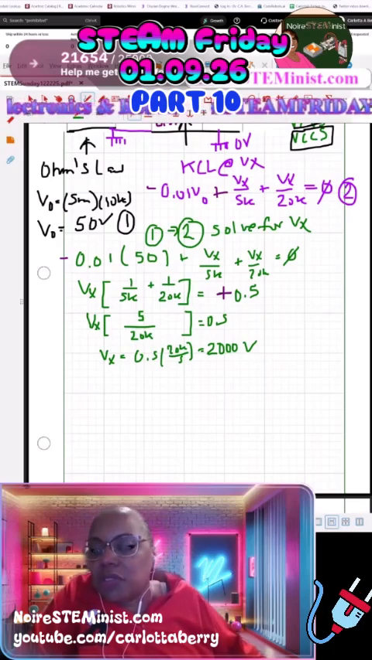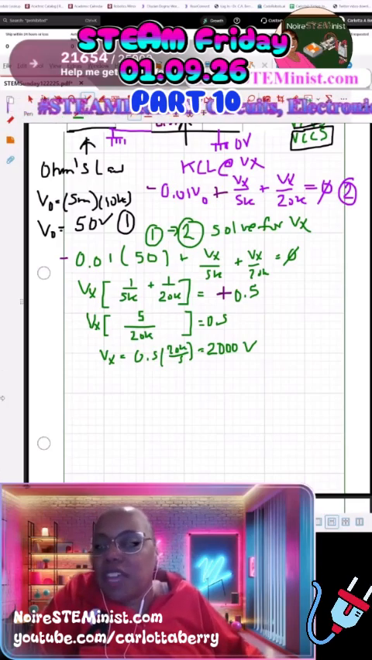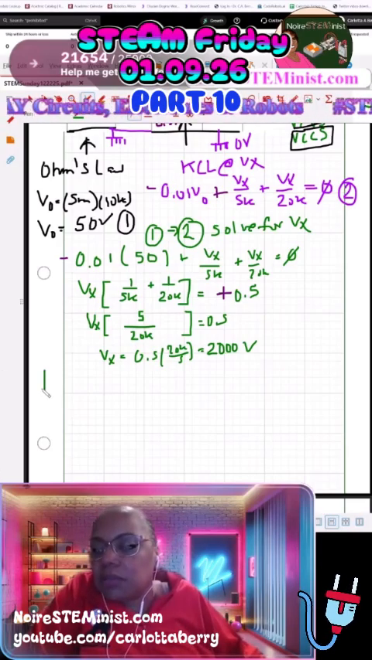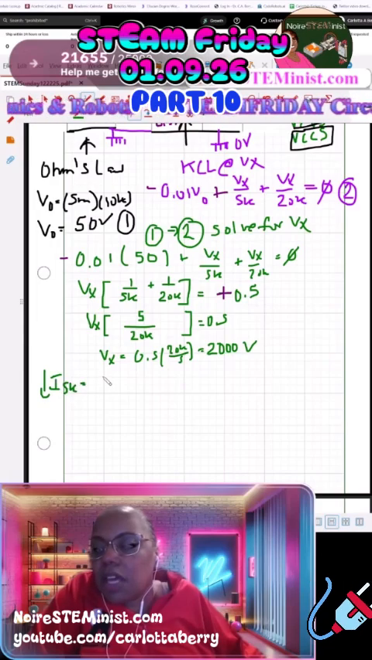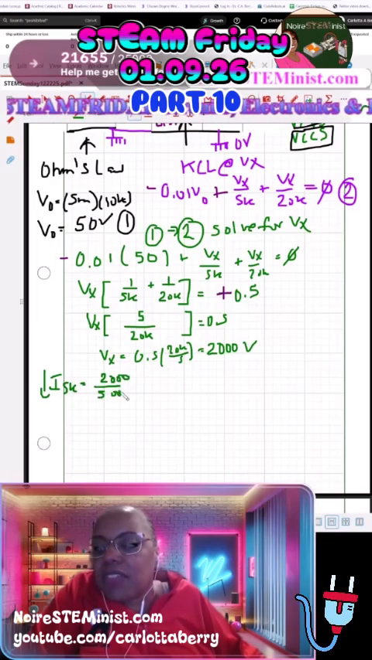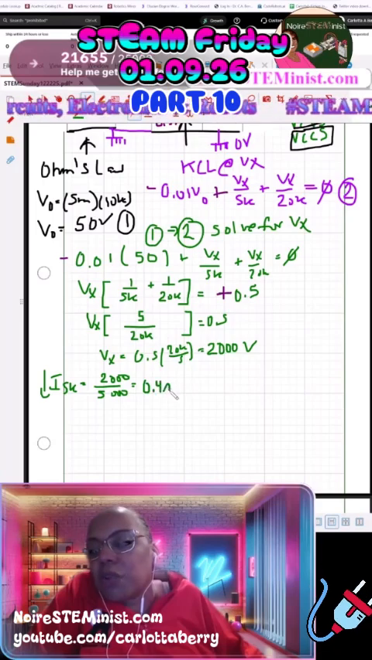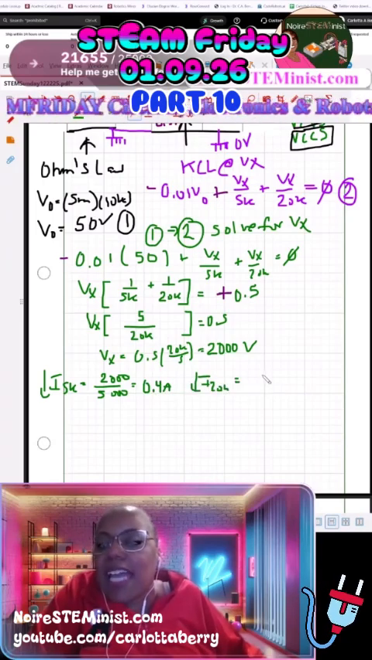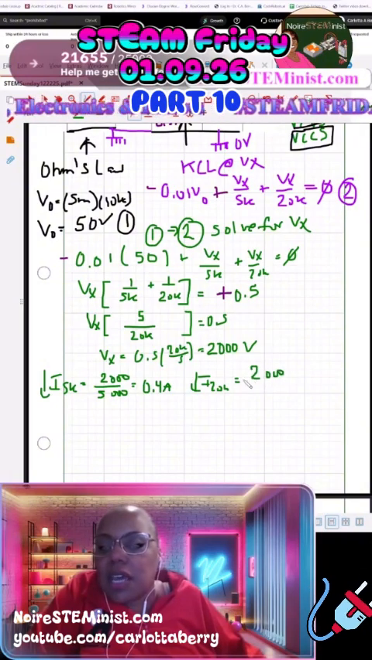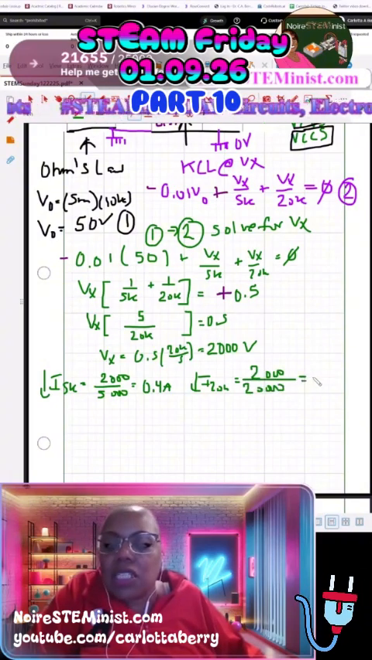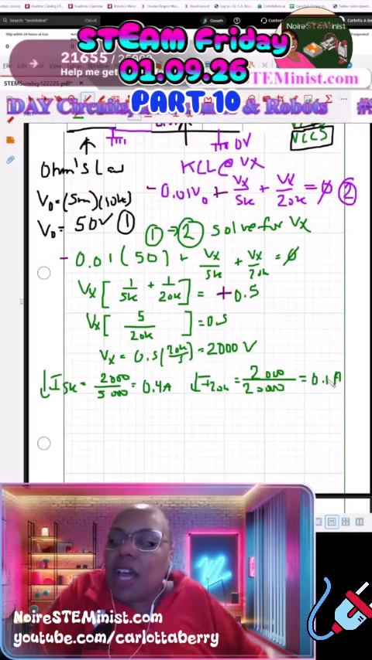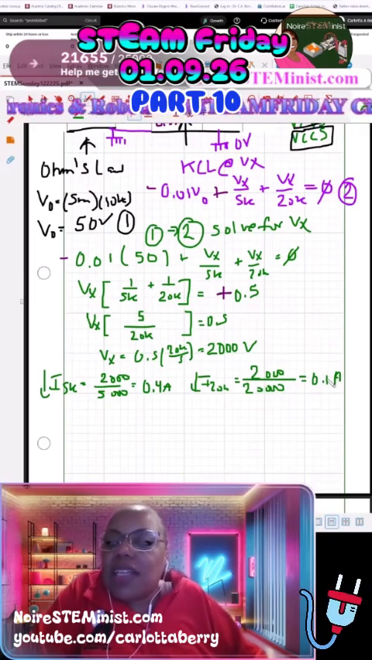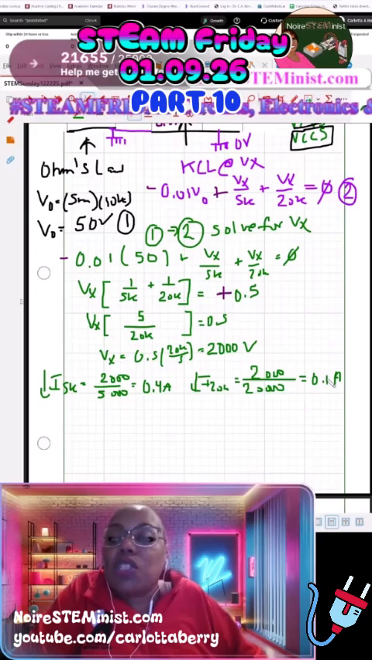So VX is 2,000 volts. So that means that the current down through the 5K resistor is now going to be 2,000 divided by 5,000, which is 0.4 amps. And the current down through the 20K resistor is going to be 2,000 divided by 20,000, which is 0.1 amps. I like that a lot better because 0.4 plus 0.1 does add to 0.5 amps, which was the current for